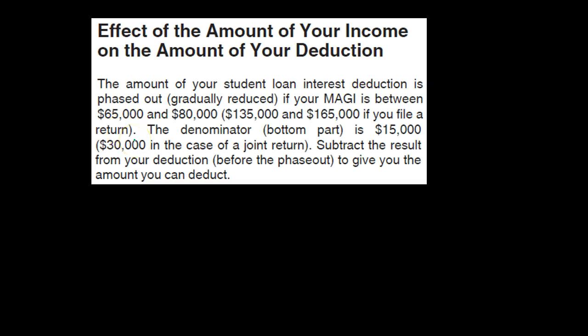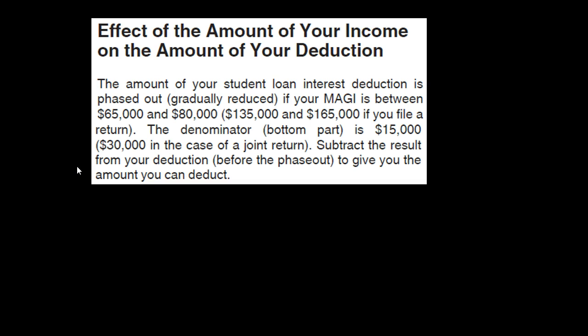And back to the text. The denominator, the bottom part, is 15,000, or 30,000 in the case of a joint return. Subtract the result from your deduction before the phase out to give you the amount you can deduct. So if we're within this range, then we're going to take the student loan interest we have and we're going to have to phase it out